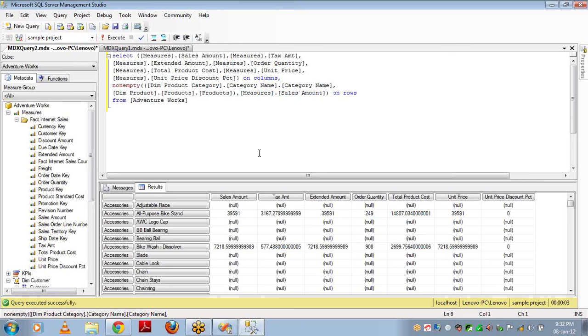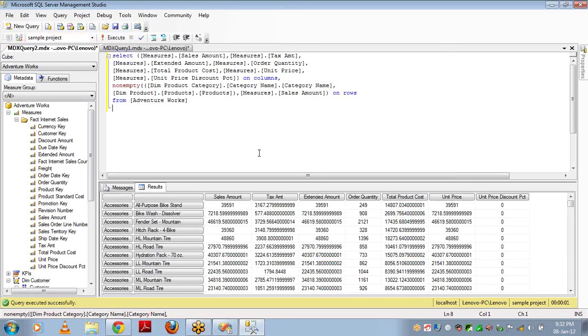So if I run this query, it is going to give almost a similar result, and the query retrieval is fast compared with the other one. The main advantage of this one is when you have 1 million records and you don't want to display the records where the sales amount is null.